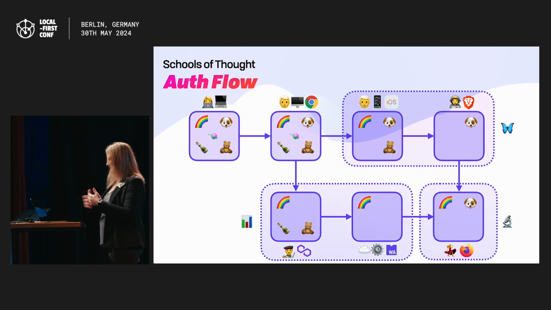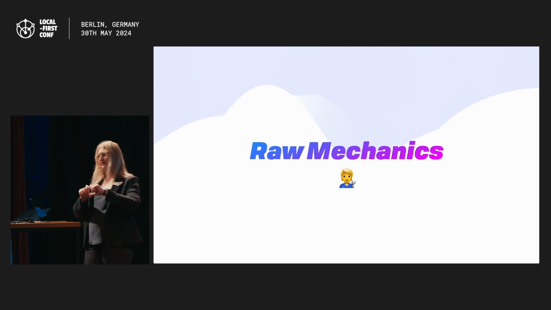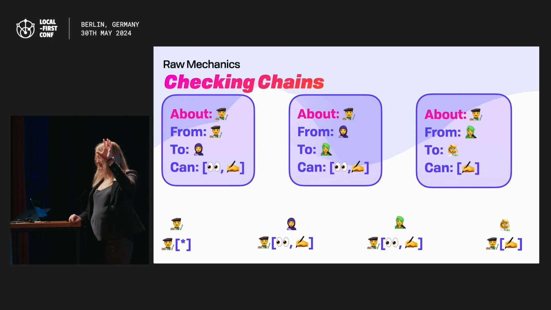So the raw mechanics of these chains, the first step is each certificate says what resource it's about. So in the case of a CRDT, you would say, hey, this is the public key identifier of that CRDT, which is even better than a UUID because nobody else can copy it for a different version of it, right? It has some origin points. We start from that specific resource, and we say, okay, I'm going to delegate to this particular user.